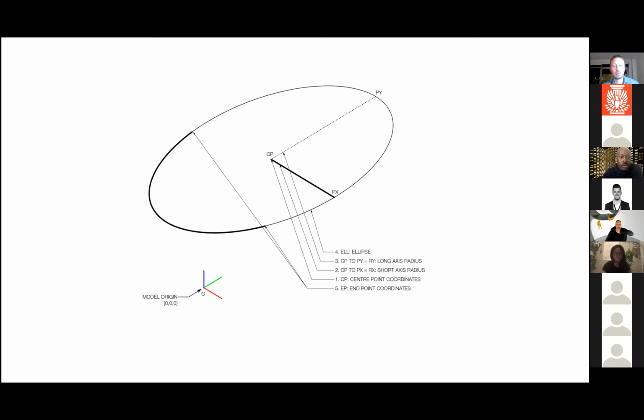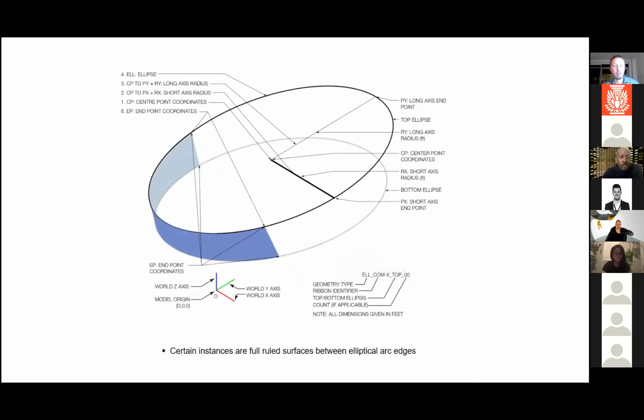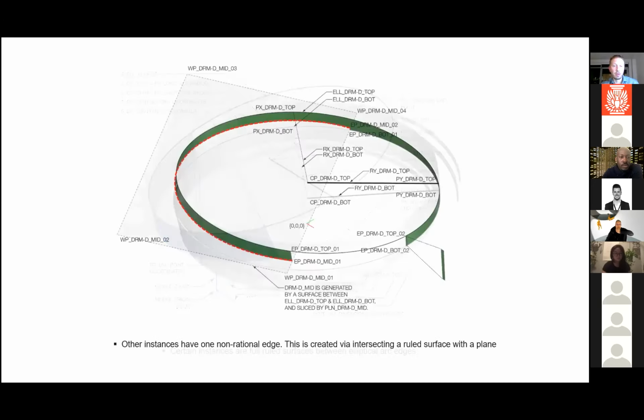And the other information, of course, you need in order to figure out what this blue ribbon here looks like is that you need to know where on the ellipse does it start, where on the ellipse does it stop, and then there's another ellipse that in this case, in a corresponding way defines its lower edge, and with a start and stopping point. And then those two subcurves from these two ellipses become the edge curves for a ruled surface, and that becomes the definition of this particular piece of rationalization level 1 geometry.